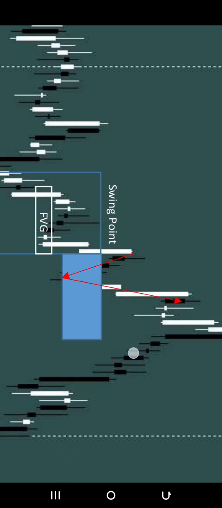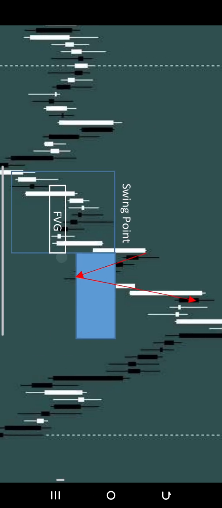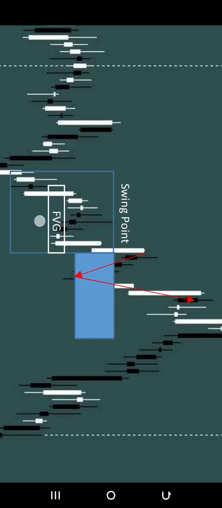Can you see? If you had targeted this place and you placed your TP up here, and you were not in the market when price was doing its thing, you understand, you'd have lost all the money that you made, and you'd have run into some losses too, because this price action would have taken you out of the market. But now look at it, you traded three times and you made a lot of money.